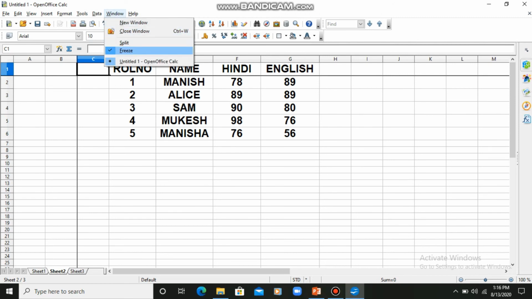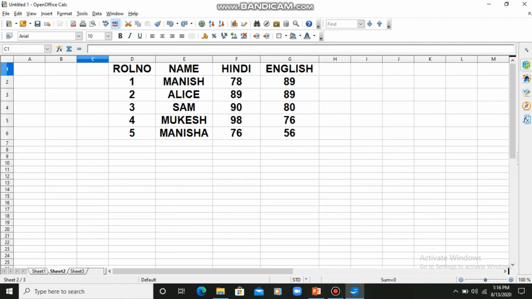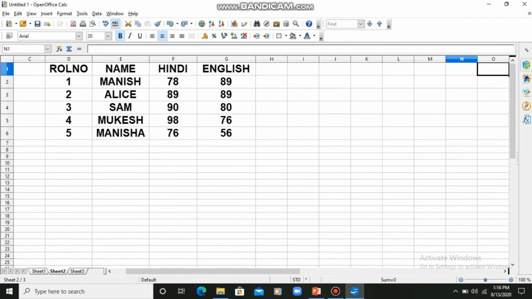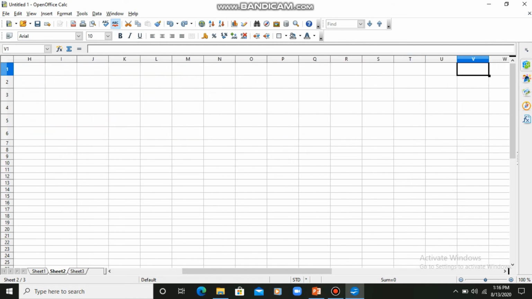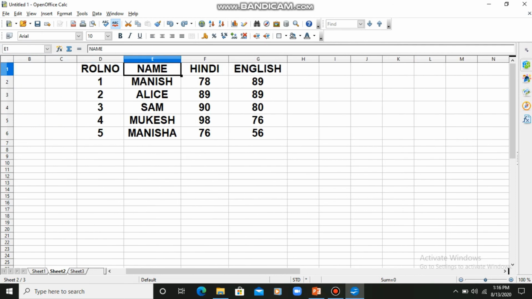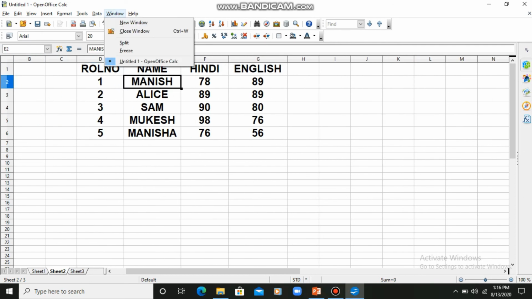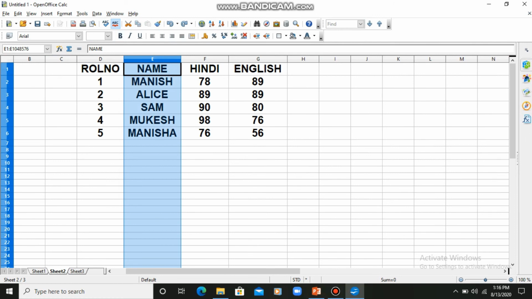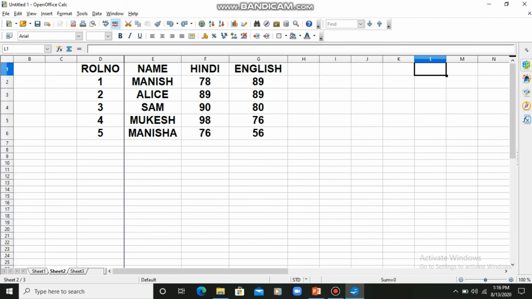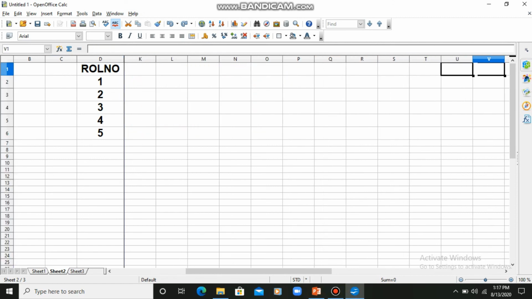This can also happen if I am moving to the right side: my data will not be seen by me. So for this purpose, I have to click here and then go to the window option. I have to select the column heading here and then click on window. My first column will be frozen, like roll number. Okay, it is now frozen. If I move, see, I am able to see roll number. I can easily insert the values. Got it, students? So this is freezing rows and columns.